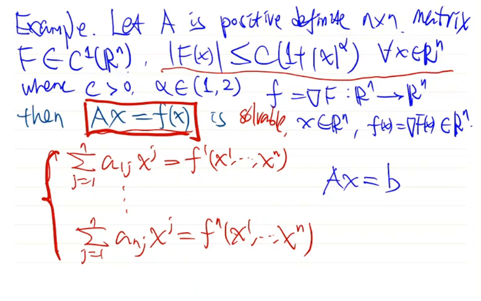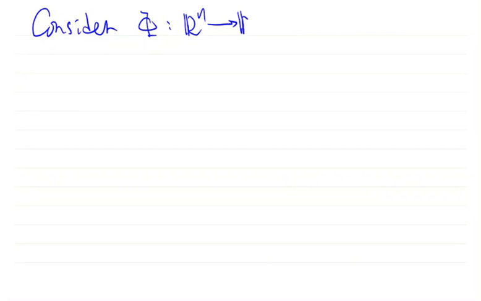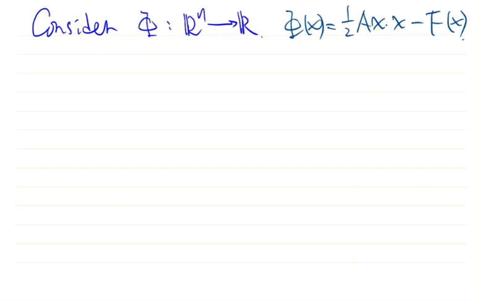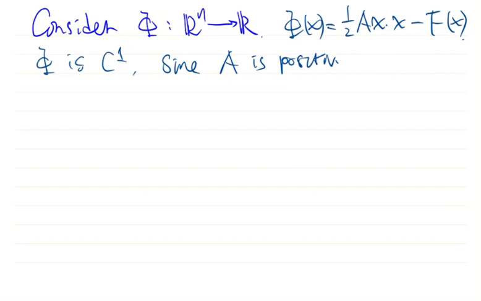Now this is an example. Let's see how to solve this problem. Consider this function capital Phi, given by Phi(x) is half of Ax·x minus capital F(x). Then Phi is C1, and since A is positive definite,